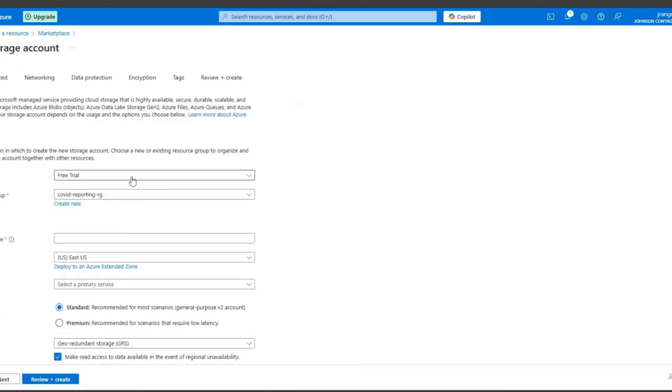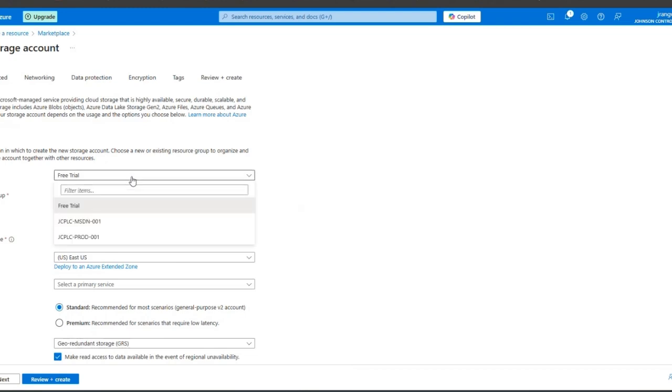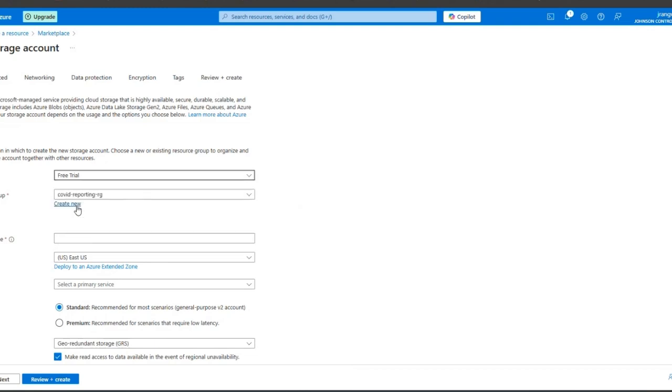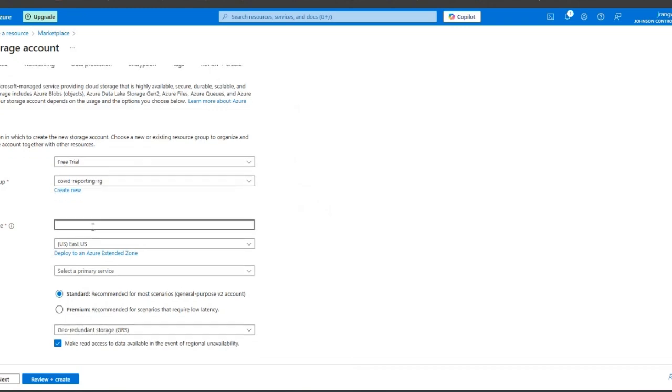And see, subscription, there are two different ones, pay as you go, and this other one. These two are already deployed by JCI, so we'll not use them, we'll use our free trial. Resource group, as I mentioned, we are binding all our resources into the COVID reporting resource group. So it will come inside this. Now we have to provide the storage account name. So this is again a very important thing, all the names should be unique. So let's say you give it a name like this, COVID,